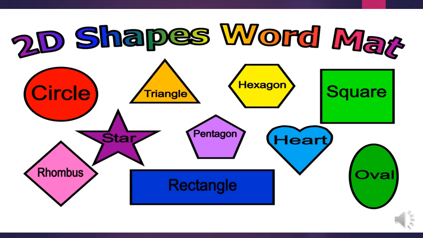Pentagon: pent means 5. How many sides? 5 sides. So its name is pentagon. 1 2 3 4 5. Heart shape. Okay, now a rectangle has 4 sides, but opposite sides are equal, whichever opposite sides there are, they are the same size. Oval shape, an example of oval, very good. Egg, the best example is an egg.